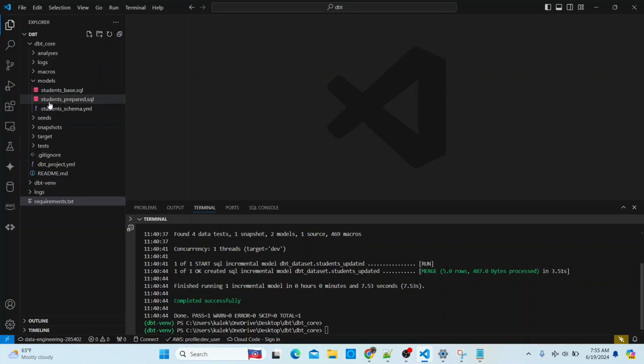The same thing with this prepare, depending on the materialization. So I'll show you that in a minute, what I mean by materialization and aliasing. But again, models really is where your transformation queries sit. And then when you come to seeds,